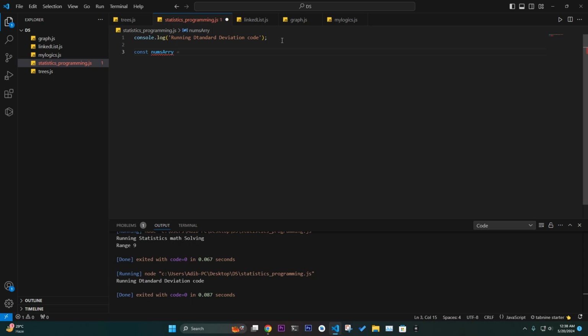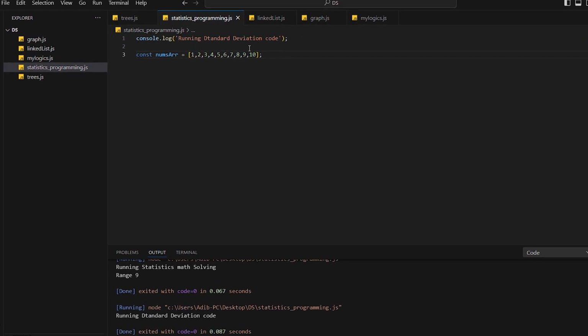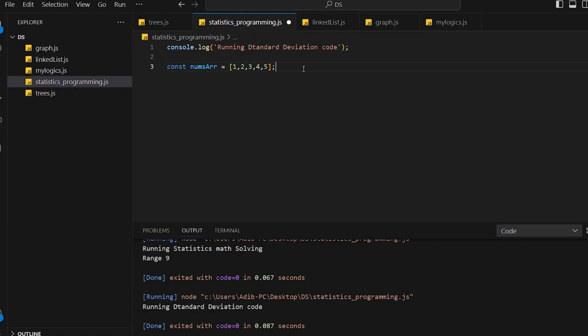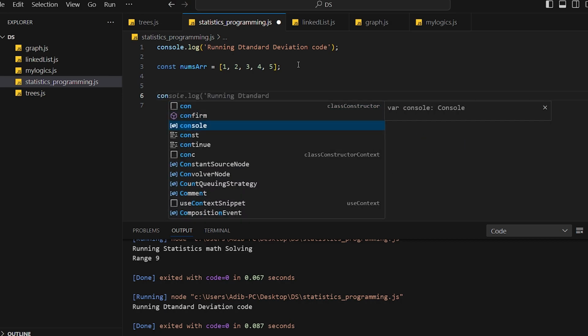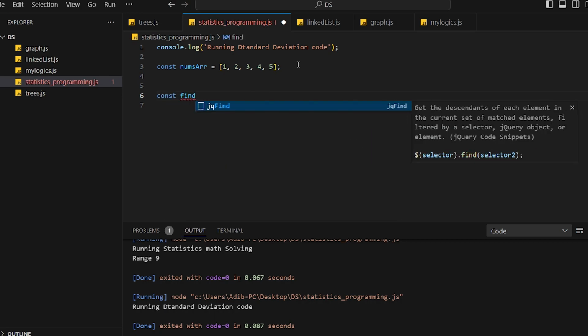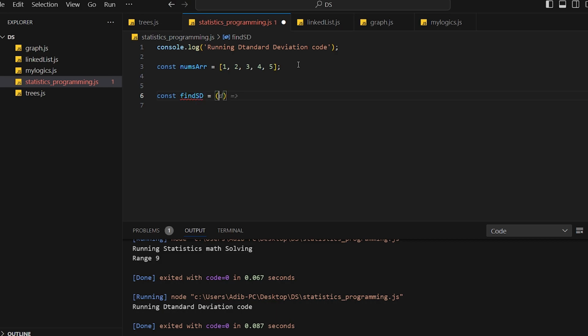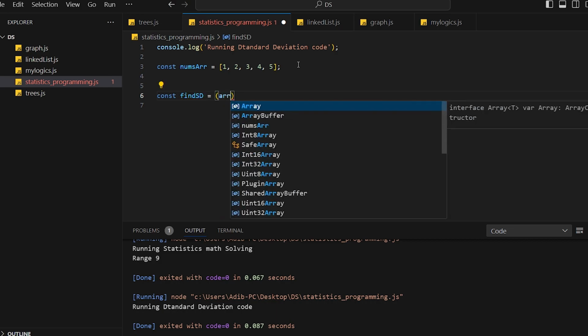Okay, the nums array should be 1, 2, 3 up to 10. Let me add up to 10. Actually, for better understanding, I'm going to keep it up to 5, so that you can understand it better. And add some spaces. Okay, so we need to make a function again as usual. So const findStandardDeviation, which takes an array as an input,